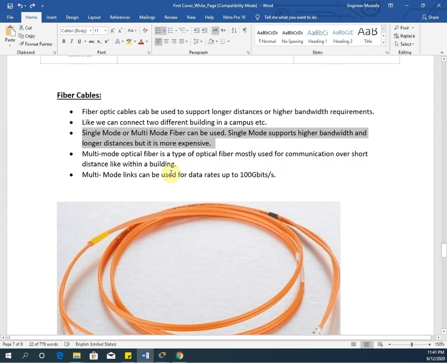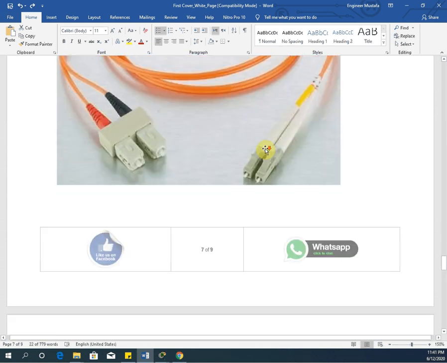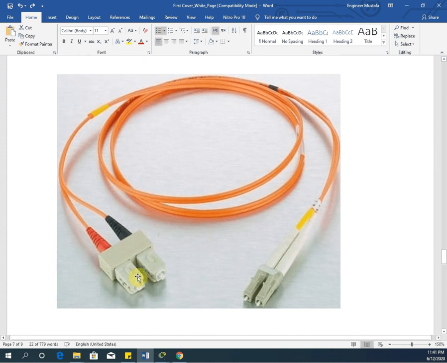For small distances, within the building, we will use this one, and it is cheaper compared to single mode, though both are expensive. Multi-mode links can be used for data rates up to 100 Gbps.